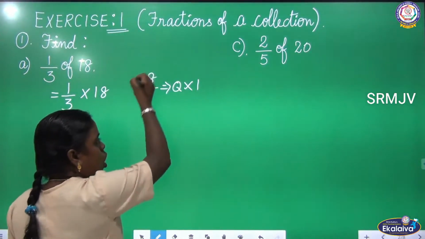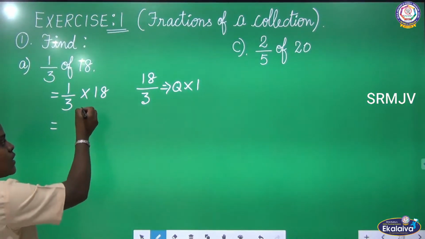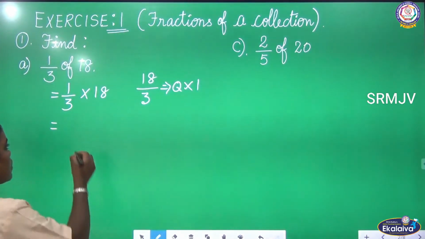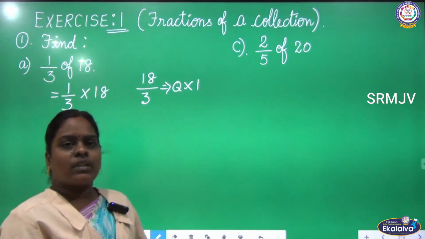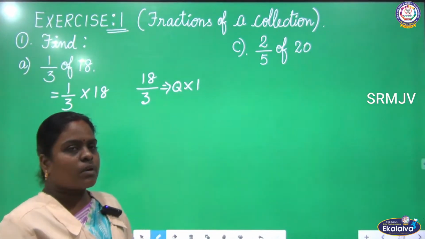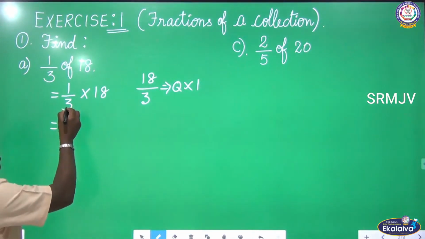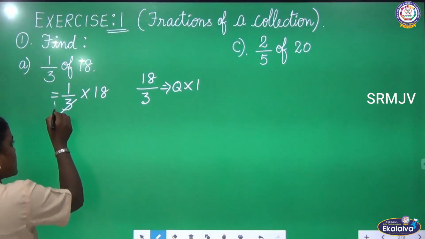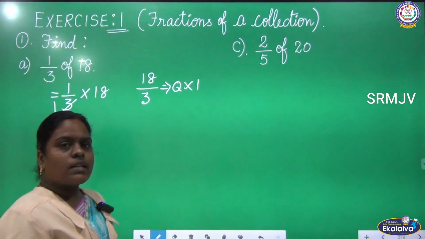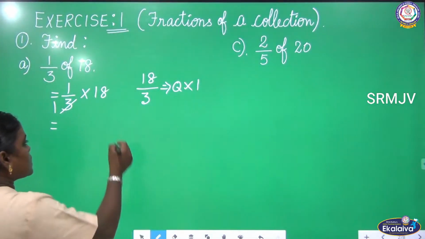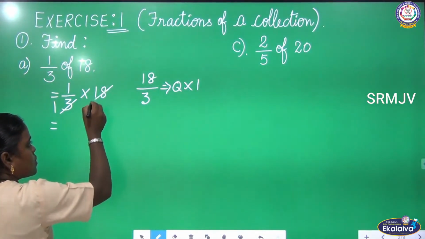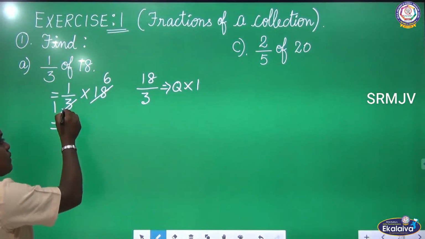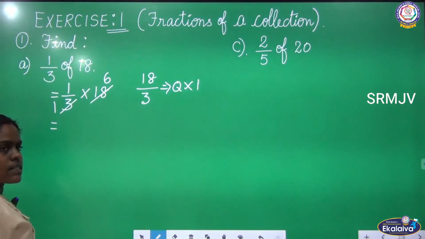Instead of doing this long process, we can do this in a simple way. I'll teach you the simple way now. You know the table of 3 times, right? 3 times table we are going to use here. So in first time we'll get 3. 3 ones are 3. And in sixth time we'll get the product 18. So cross the number 18 and write 6. 3 ones are 3 and 3 sixes are 18.